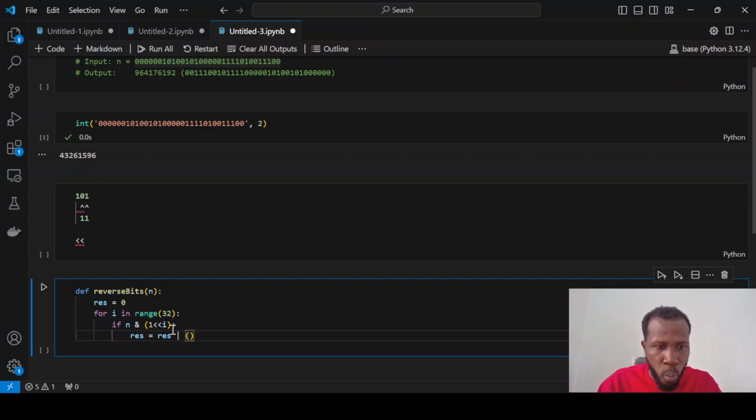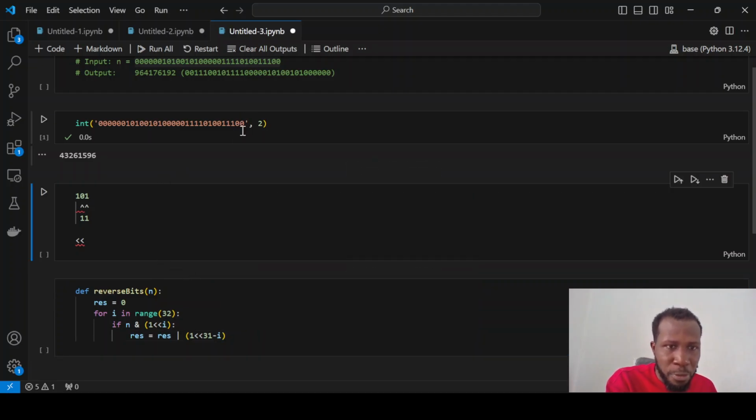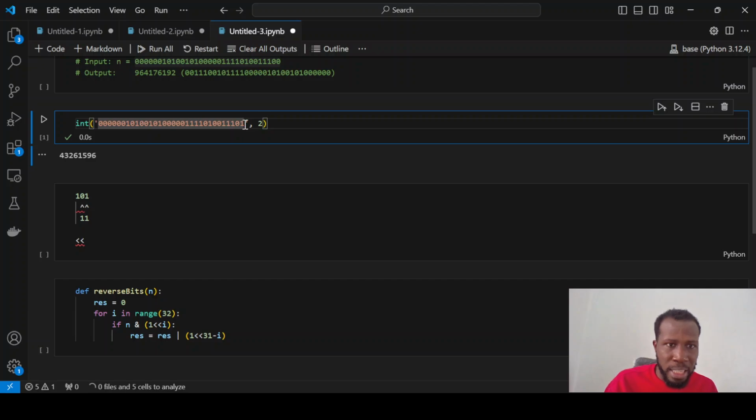We have 1 will now be pushed in the direction of 32 minus 1, which is 31. And it's going to be 31 minus i, because it's going to be 31 minus i. So it performs the operation of the reversing of it. So if this thing satisfies this condition, let's suppose that there is 1 here, 0 here, but suppose that there is 1 here now, and if you place 1 under this,